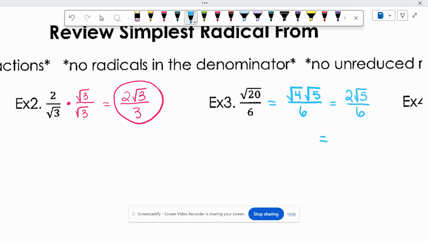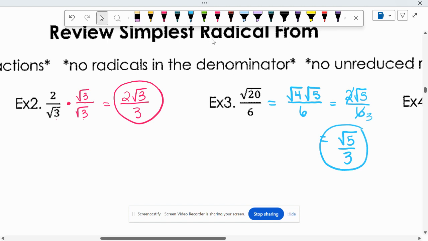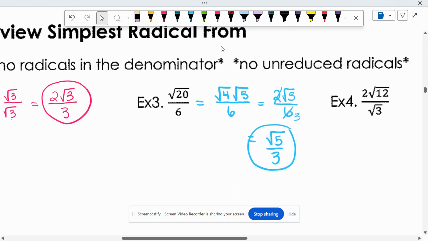Can I simplify the 2 over 6? Yeah, 2 will go into itself 1 time, 2 will go into 6 3 times. So I actually end up with the square root of 5 over 3. Square root of 5 over 3. Our last example,